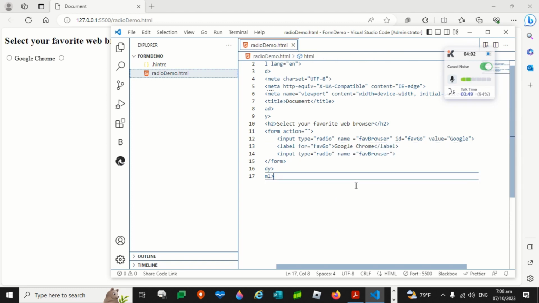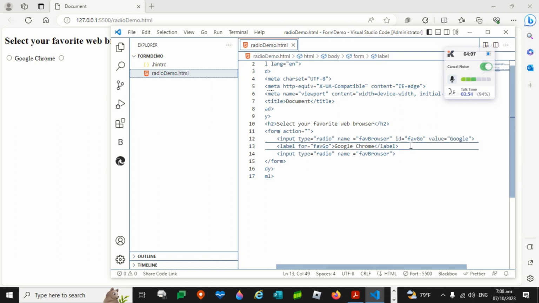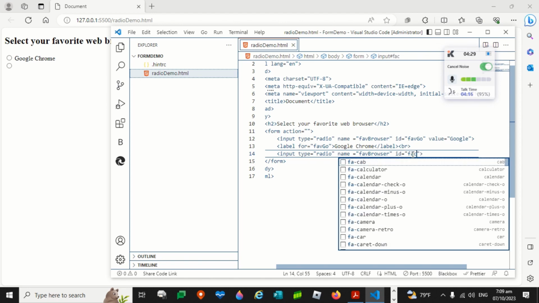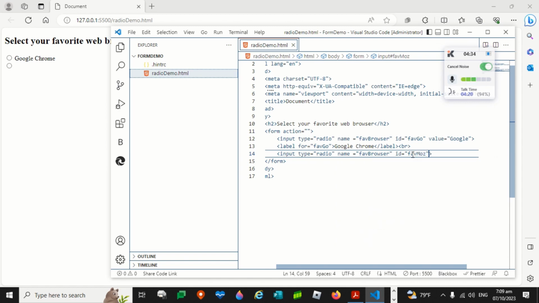Yan. Let's check it out. Ayun na siya. Right? And then I will be adding a BR tag here to display this on the next line. Okay, and then let's add here the name as well. Let's give the ID and the value, rather. ID is equal to, since this is Mozilla Firefox, FabMoz. So FabMoz, and then for the value is Mozilla, value is equal to